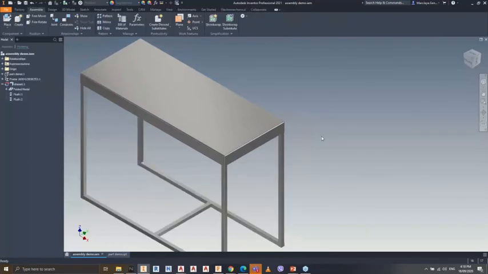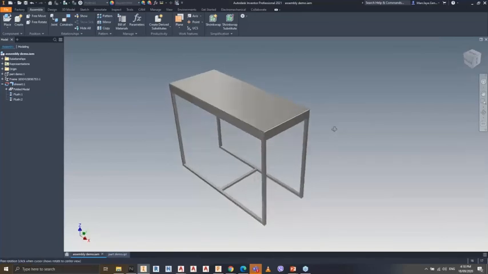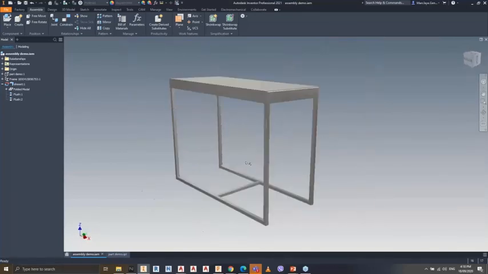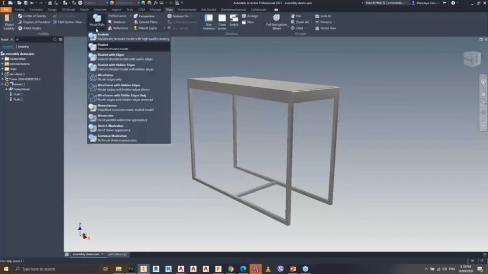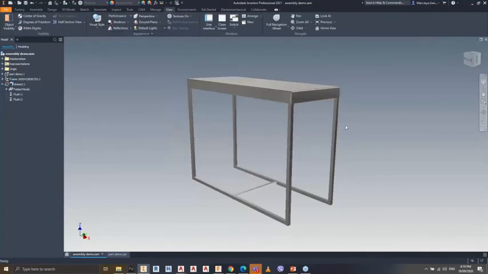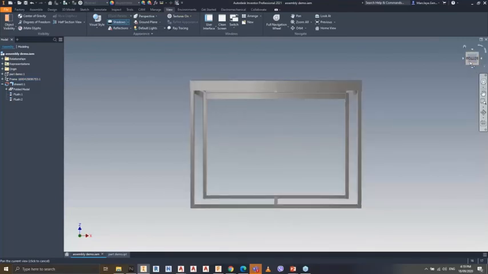Visibility. Okay, so that's it. And for the rendering, let's say we're going to set the rendering here. Okay, so I'm going to set this one. View. Okay, visual style, going to set this to realistic. Let's say I'm going to set the shadows. Okay, our model. Okay, the problem here is that we don't have the right